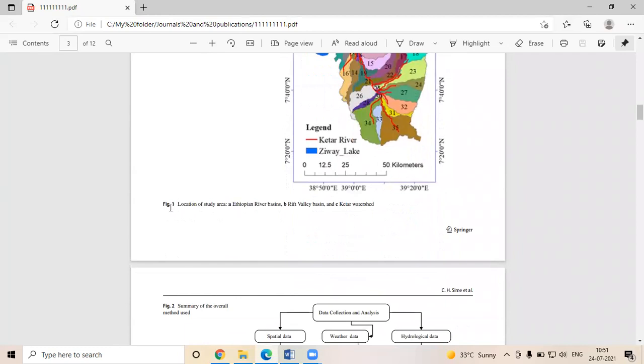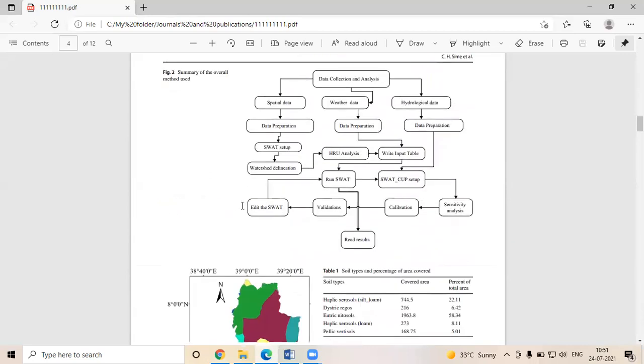It is written Fig. 1. That means figure 1. Some journals will ask you to write the full name, write it in full, that is figure, F-I-G-U-R-E. You want to write in full. But this journal says that you want to give only Fig. 1. So the pattern should be the same as given here.